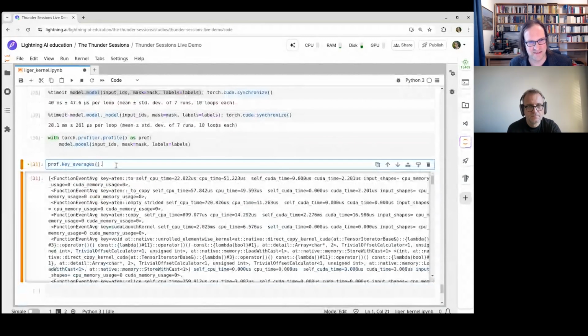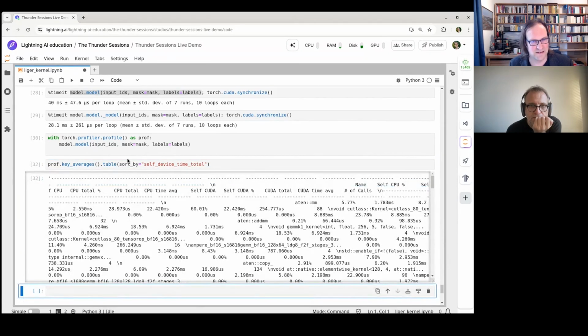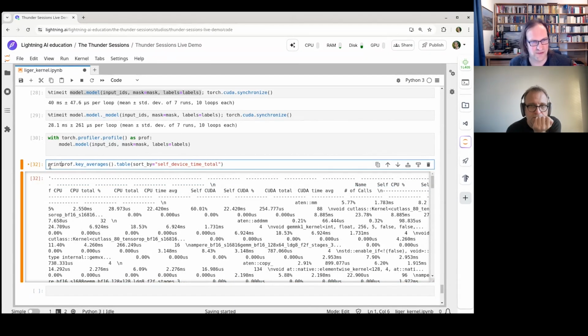So it has a formatting function, so you can say I want a table, and I want this table to be sorted by, I think, self device time total. It's a string, so I need to print it.